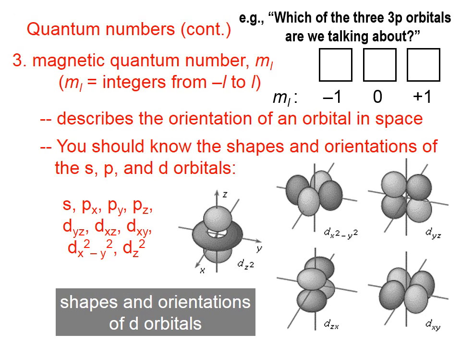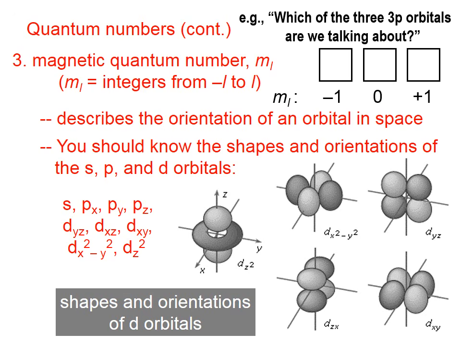You might remember that p orbitals all come in groups of 3, and in terms of three-dimensional space, you can think of a p orbital, which is a dumbbell shape, as one p orbital going left and right, one p orbital being oriented up and down, and then the third p orbital being oriented, say, front to back. The magnetic quantum number tells us which of those 3 orbitals we're talking about: the left-right dumbbell, the up-down dumbbell,